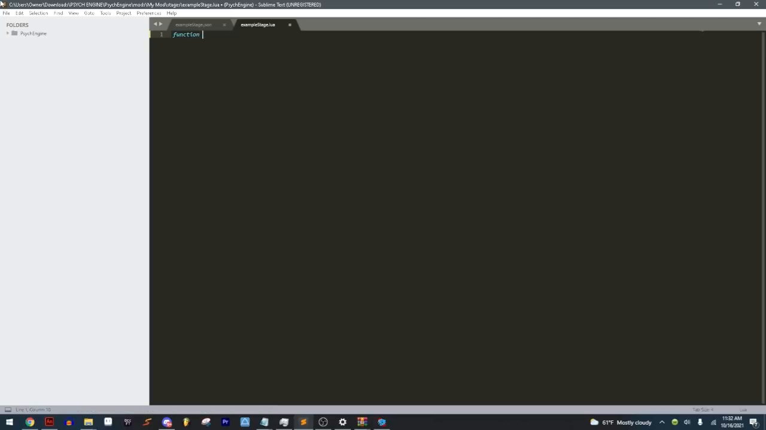There's function on create. Just put end to end the on create function. See, these are connected. Another function you want to know is function on beat hit. So for every beat. Another function you want to remember, on